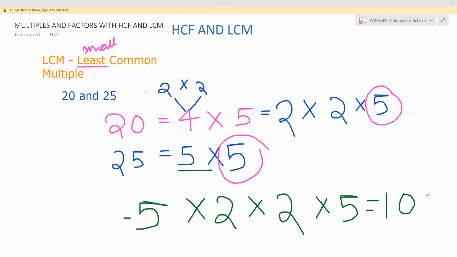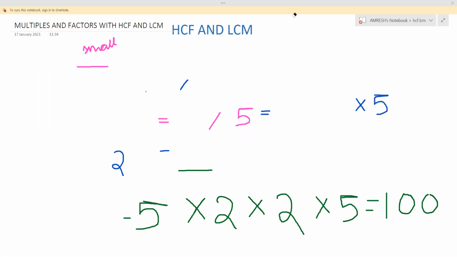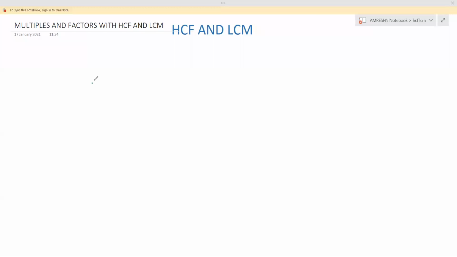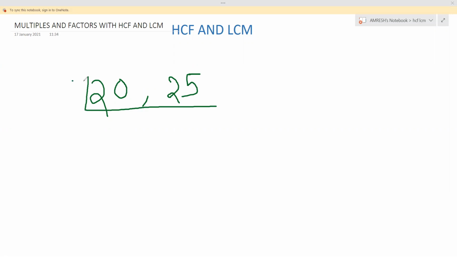100 is the answer. This is not as good as the prime factorization method. Now I will do the same with prime factorization, the best method I think. Let's clear all. 20 and 25. A common factor is coming to your mind. Any common factor divisible? Yes, 5. In the 5 table we have 20, and in the 5 table we also have 25. So let's take 5 here. You have your 4 and you have your 5. Now 4 is a composite number, so you check that two prime numbers are there. Again you divide it by one prime number.